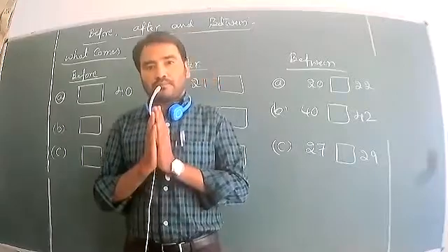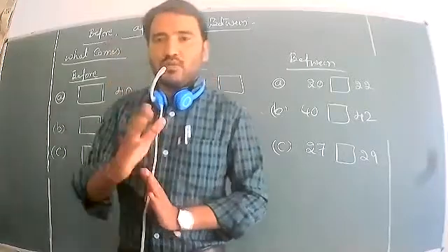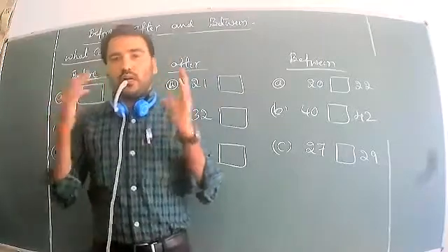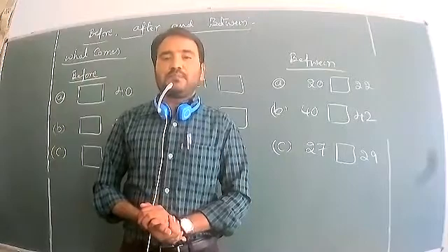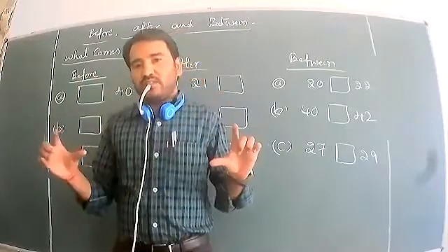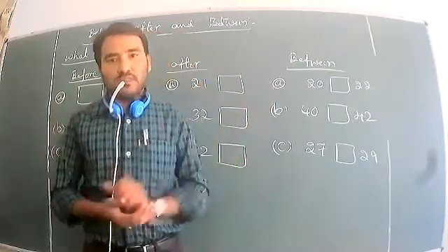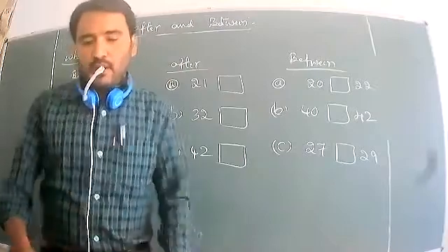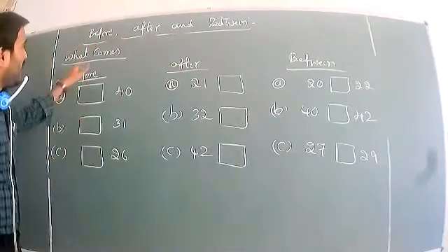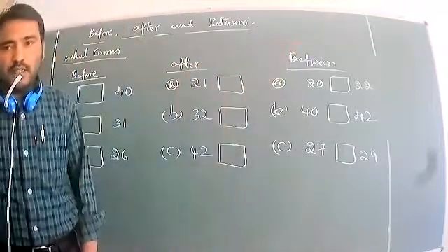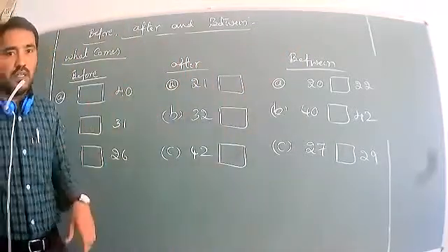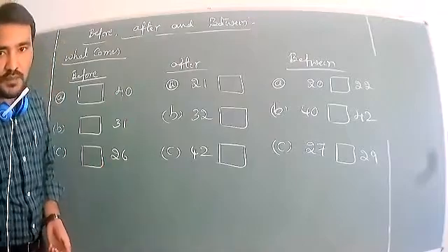Okay, so we know the numbers 21 to 50. I have already told you two to three times that you have to write them in the CW. So practice the 50 numbers, and we can easily find the numbers. Okay, now look at the board. What comes before, what comes after, what comes between? We have to find the numbers using the given numbers.